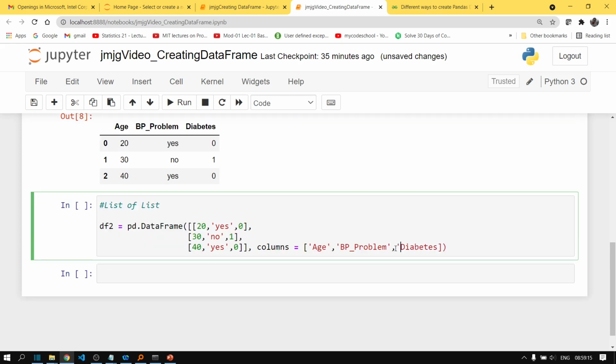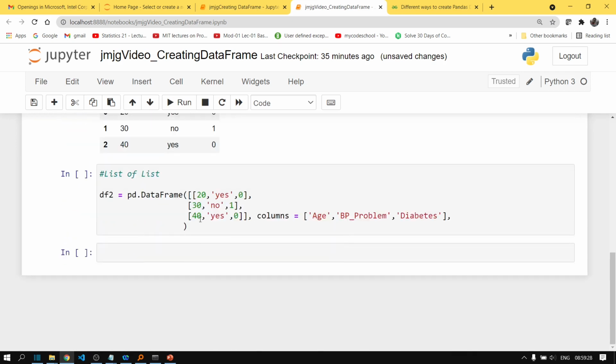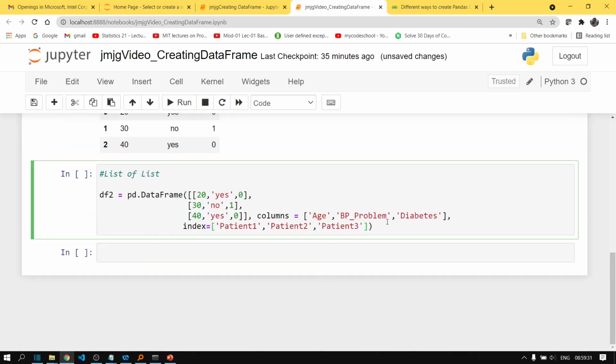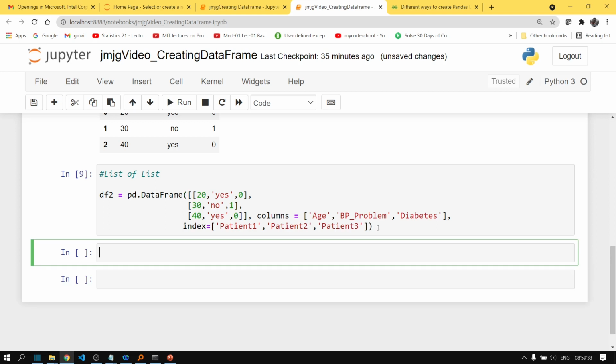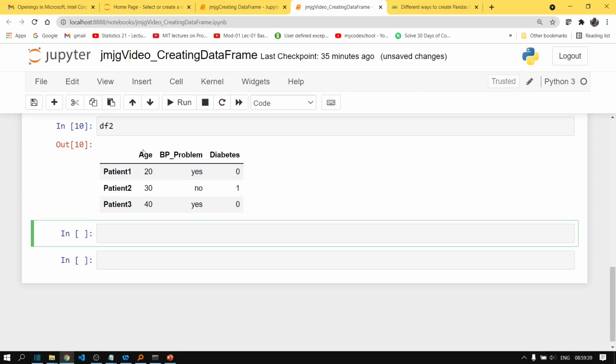So let's write. Similarly, in the index, you can pass person 1, person 2 and person 3, or patient 1, patient 2, patient 3, as we did in this case. Fine. Alt enter, then again print df2, and you get your data printed here, right?